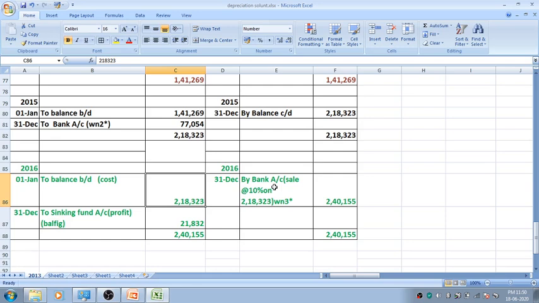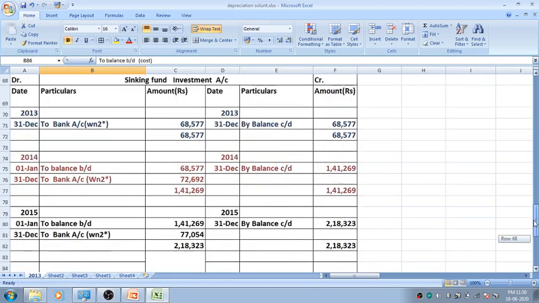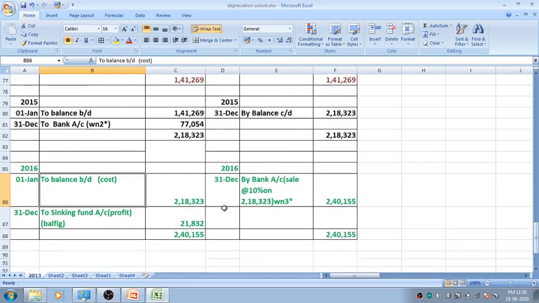And then further, we need to write now there is sale of investment. So we need to find how much is the sale value. Okay. For that, you understand in the investment account, this is your investment account. In your investment account, you go in the last year and see the opening balance. Whatever is your opening balance is your cost. I have written in brackets. Is your cost. Like how you have cost of product and then you sell it at a profit, you get a sale price. Same way, your cost of investment. You sell that investment at 10% profit.